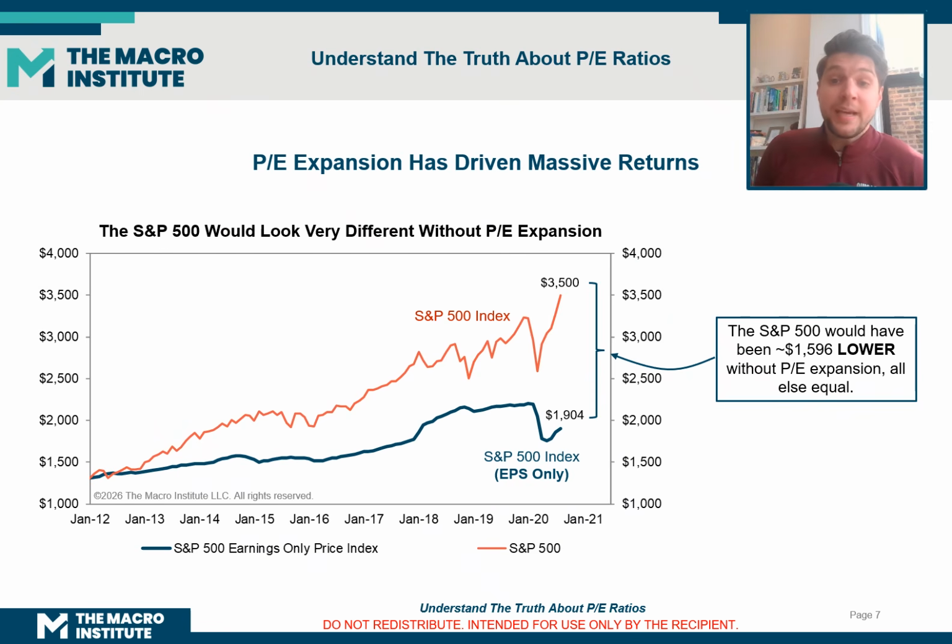However, if you look at the S&P 500's return over time and you were to strip out the PE expansion, you would be very, very unimpressed. So we did this analysis starting in 2012. We basically held the S&P 500's PE ratio flat, that is the blue line, and said, how would the index have performed if we only took the change in earnings and assumed investors were willing to spend the same amount for those earnings? As you can see, the regular S&P 500 with both earnings and PE ratio or PE expansion